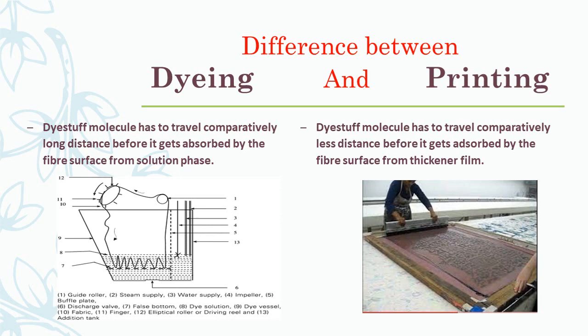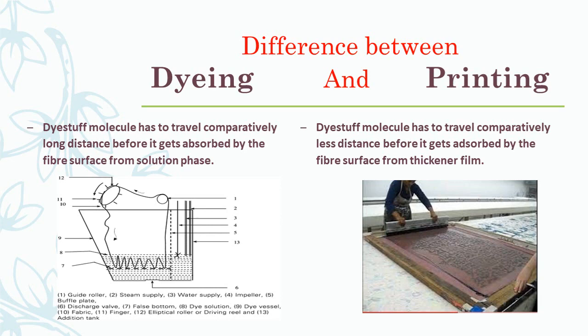Okay, so it will take time for the dye to rush towards the fabric surface. So the statement is, dye molecule has to travel comparatively long distance before it gets absorbed by the fiber surface from solution phase. I hope it is clear. What happens in case of printing then? It is just opposite. Dyestuff molecule has to travel comparatively less distance before it gets adsorbed by the fiber surface